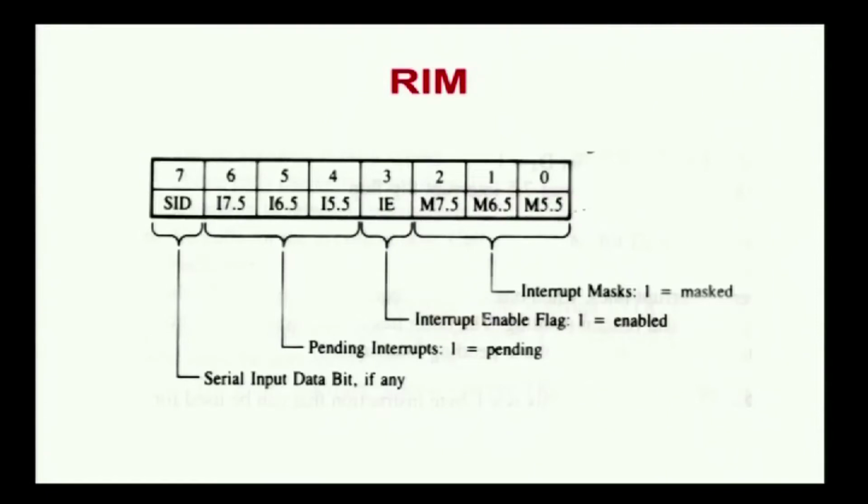The RIM instruction is mainly used to enable or disable the interrupts along with the control bit, and it will indicate the status of the pending interrupts and also receive the serial data. So, in our discussion of the RIM instruction, we want to check, when more than one interrupt is requested by the peripheral device and the processor is performing one interrupt, whether the other interrupt request is in pending status or not recognized.